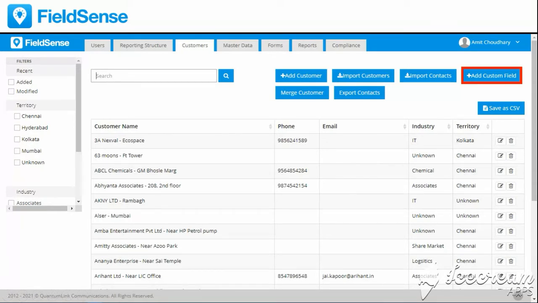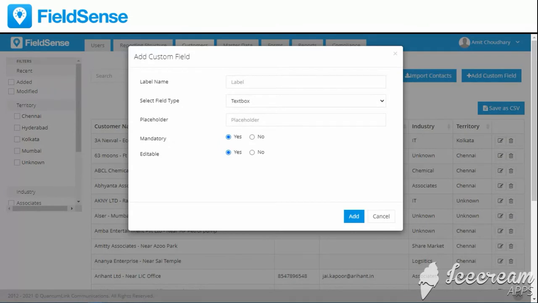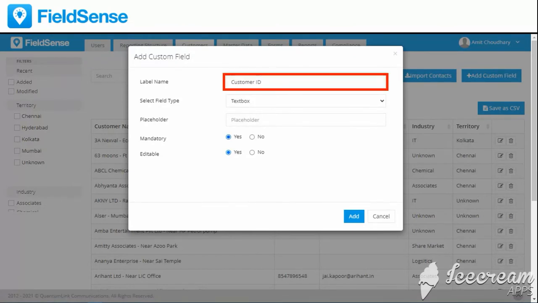Suppose in your organization there is a concept where you are capturing a customer's ID also. So if you have a customer ID and you want to capture it, then you need to create an extra field. So simply click here on add custom field. You will get this section where first of all you need to define the label name. As I want to capture my customer ID, I have defined the label name as customer ID,